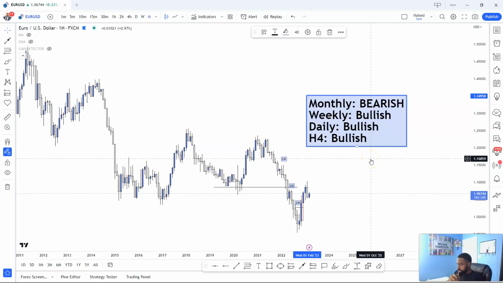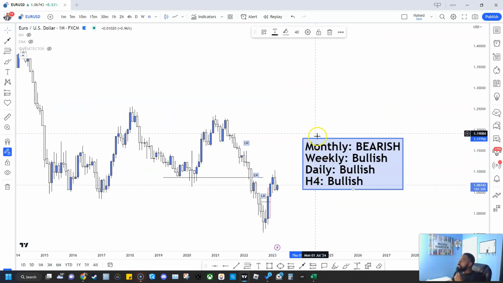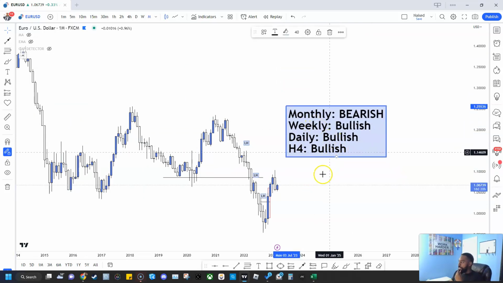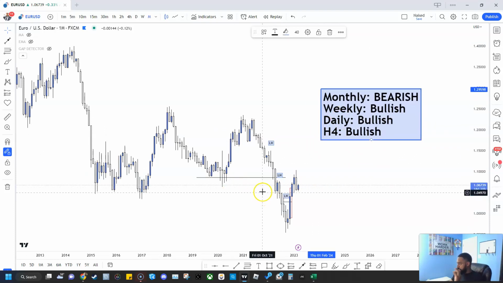Alright, my ladies and gentlemen. We got Euro USD. Let's get to the charts, baby. Alright, monthly time frame bearish, as I said. To get specific,